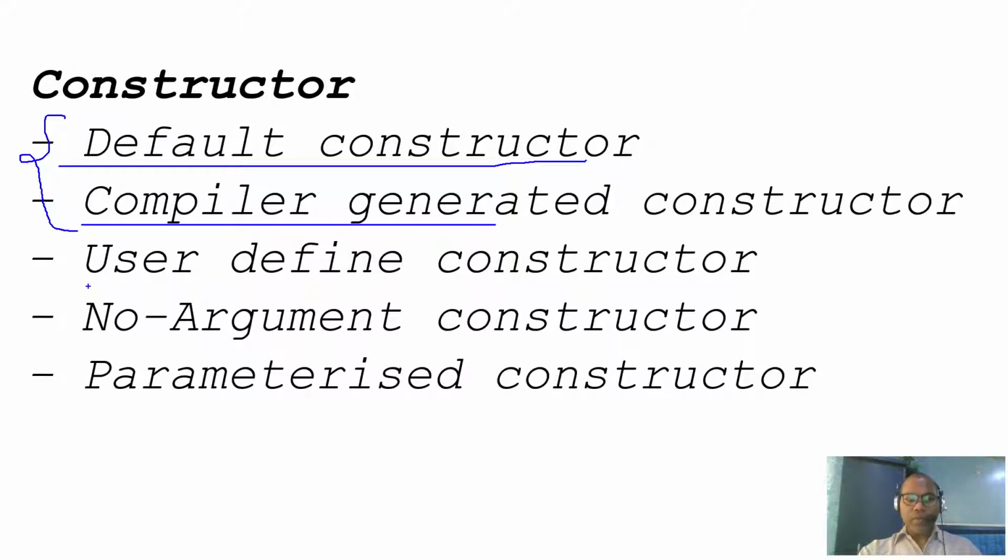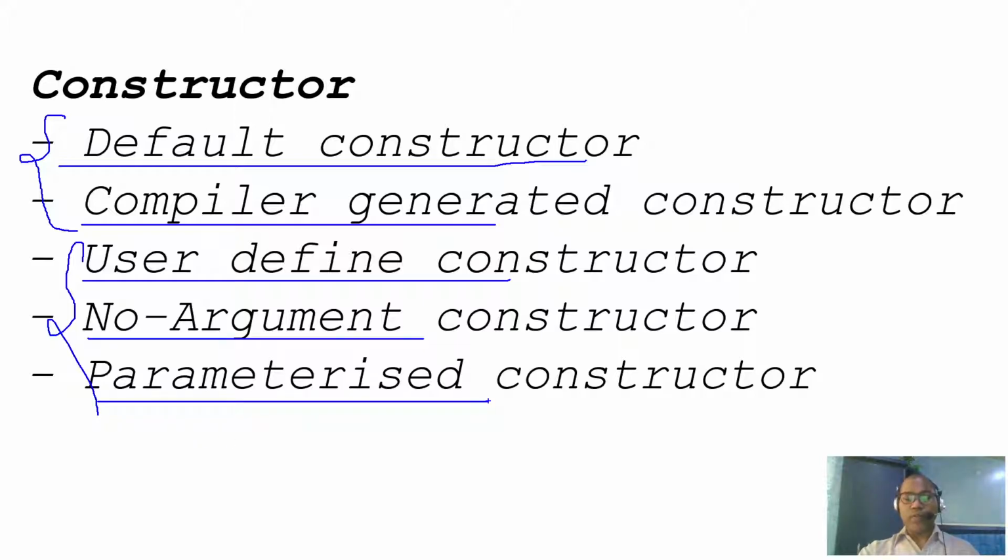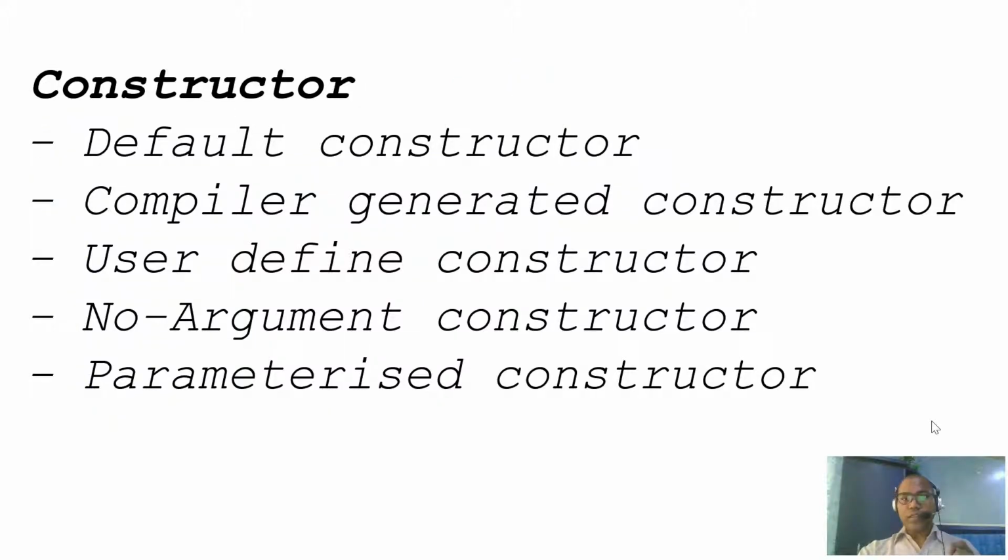Some constructors we define as developers. That is known as a user defined constructor, where the user can define a no argument constructor or a parameterized constructor, maybe one argument, two argument, three argument. Each constructor, as we discussed, can be defined for a class, for an enum, or for record classes. So let us jump into code and look at some examples so you feel more comfortable.